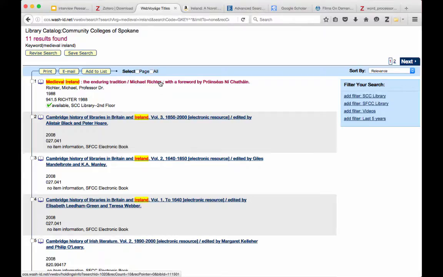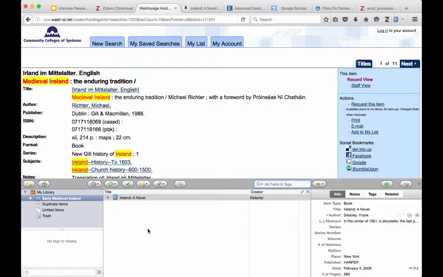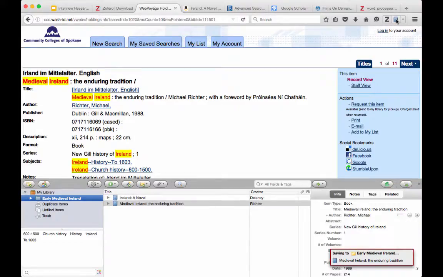So, this is interesting. Medieval Ireland, the enduring tradition. I'm going to click on this record. And up here in the corner, you can see this Z. If I click on that, that will open my Zotero resources. So I've created this folder already in here, Early Medieval Ireland, and I'm adding sources to this list here in this folder. So to add this one, I just click on the little book icon next to the Z, and